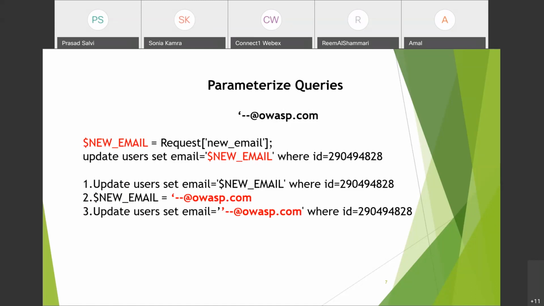Now we all know that SQL queries end with a single quote. Because we have given this particular single quote in the username field, the interpreter might assume that this is the end of the query, and after that we have given two hyphens, which means comment. So what we did was we ended the query and we have commented out everything after it. So when the interpreter, which might be vulnerable to SQL injection, processes this query, it sets a blank email address